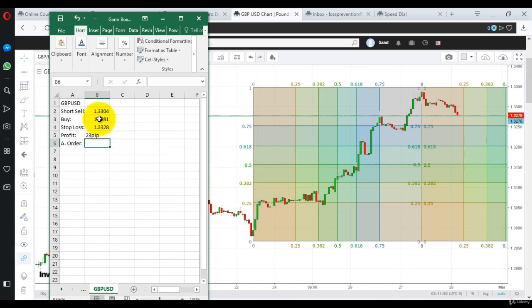So let me square the trade, and as you can see, our trade is completed. So you need to keep an eye on your trade and make the decision accordingly, because if you won't, the trade can at any time